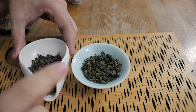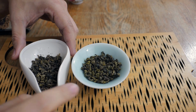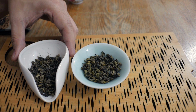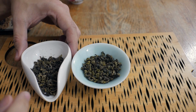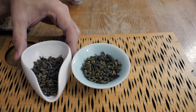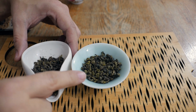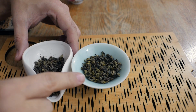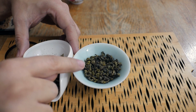There's no stalk here at all, so this has been properly sorted. The reason you can spot the difference is that if it's lower quality leaf, they won't put so much effort in. They won't take as much stalk out because it's not such good quality leaf. But if it's really high quality leaf that they know they can command a high price from, then they will. So this one, much greener, no stalk, and also just look at how tightly rolled these balls are compared